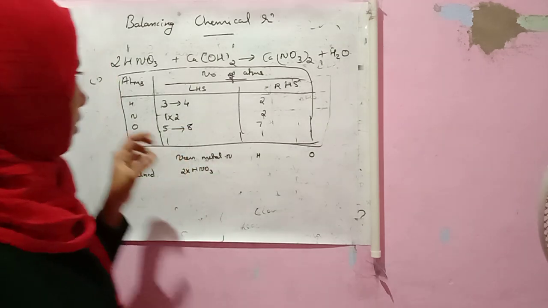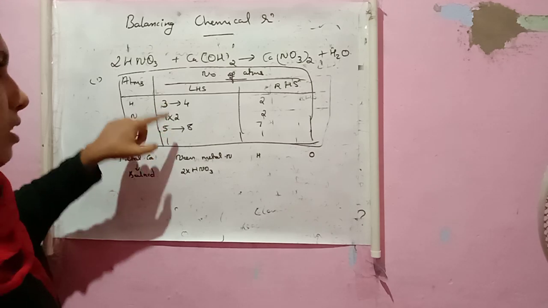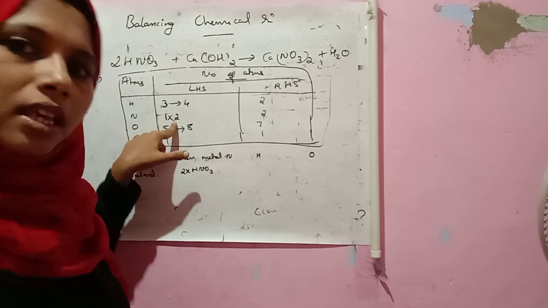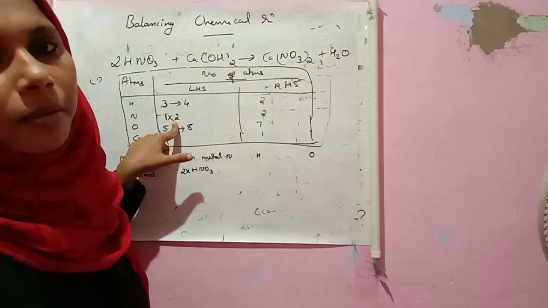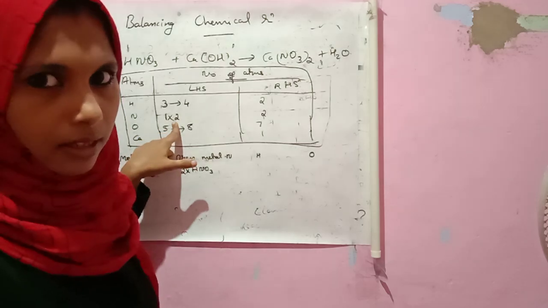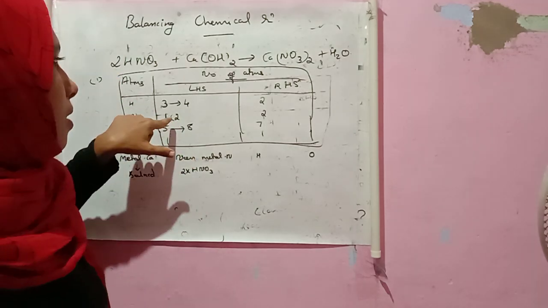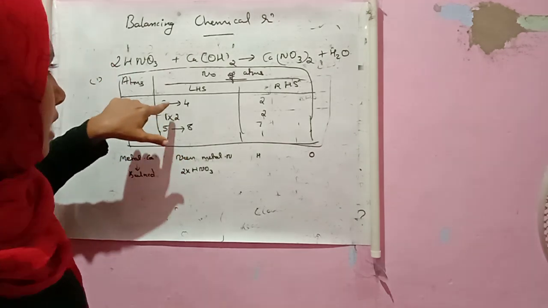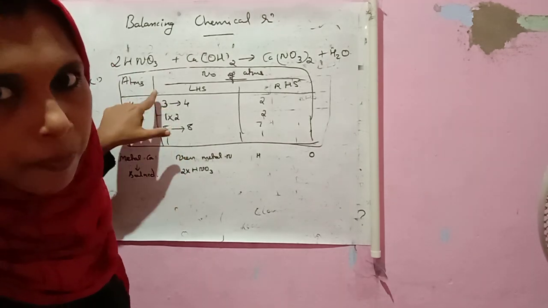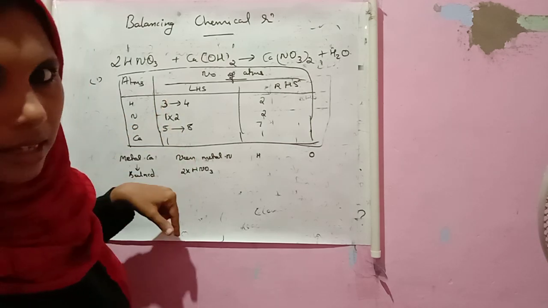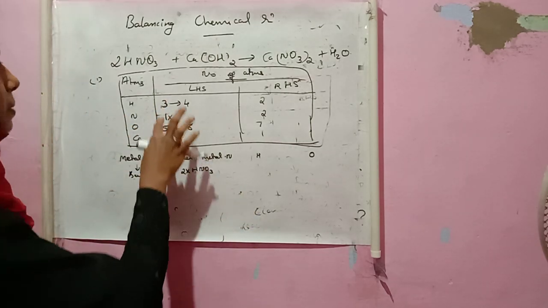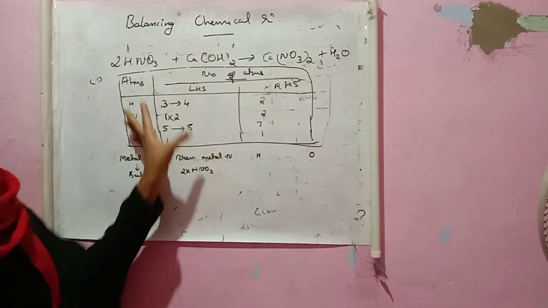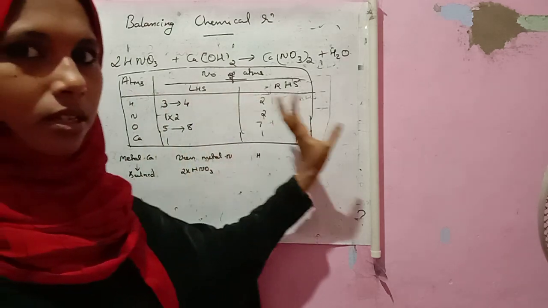5 to 8. This arrow mark is indicating what? Changes have happened. Multiplication is indicating what? We give a number to multiply because we need to balance it. And on balancing, by multiplying any number, some changes occur, and the change is indicated by this arrow mark. I think you may be clear on these two signs here. So this hydrogen is changed, this oxygen is changed. Now we noticed the change also in this box.